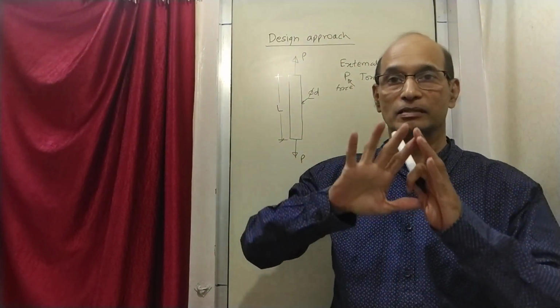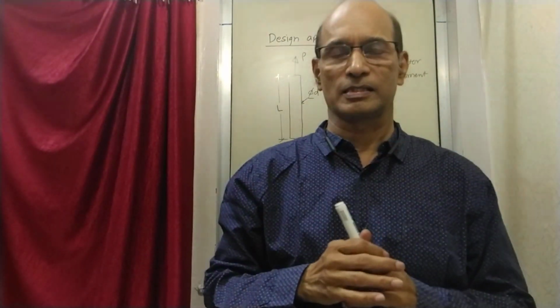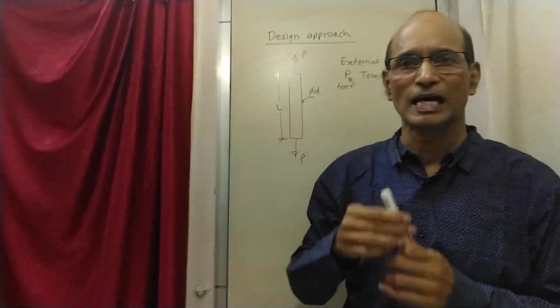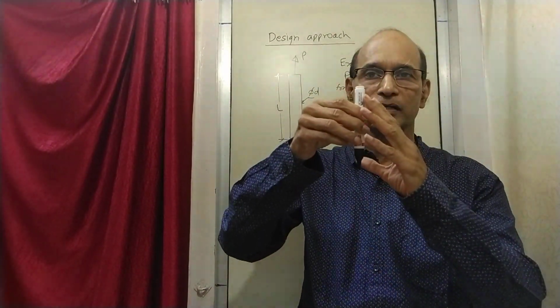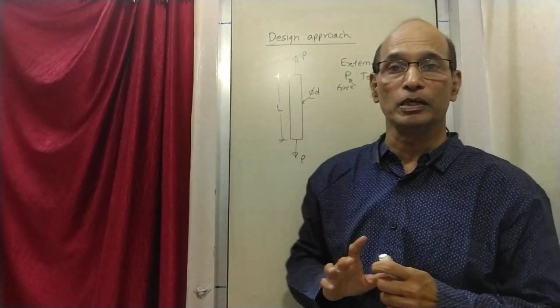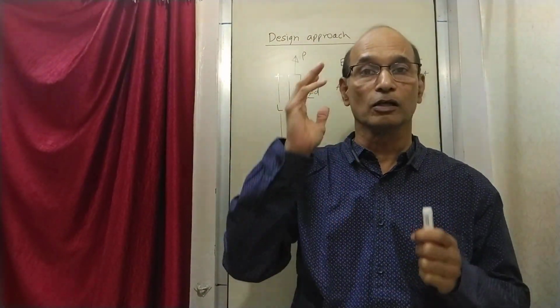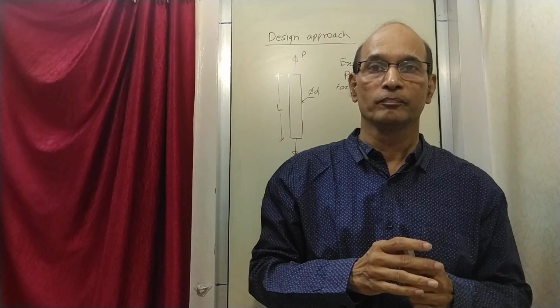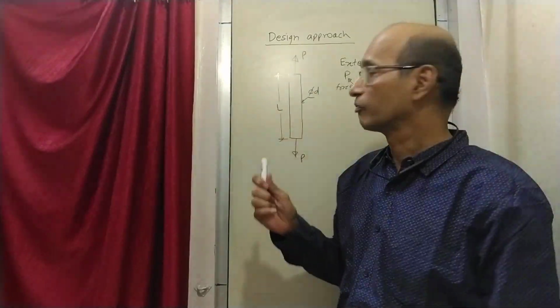Now I am just talking about a broad, general process, very very general. Design some such object which is going to take this load P, which is the need. The need is there is a load and you have to overcome that load. So now the things start from what?